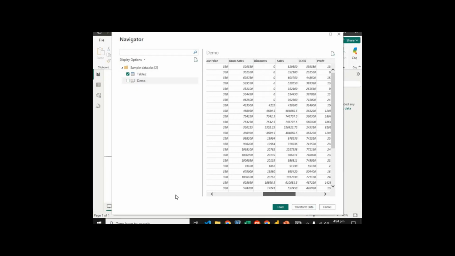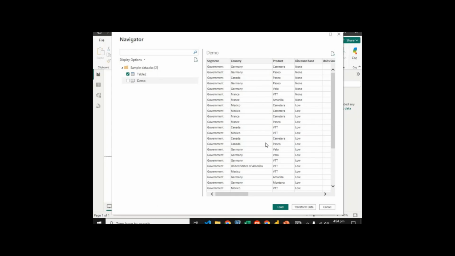Okay, let's just work with one of the data sets. Once you are able to mark the data set, the table you want to use, come down and you see the options Load, Transform and Cancel. For this chapter, we are looking at how to load this data set into our Power BI platform. We are not going to transform now, but there's a section where we will look at data transformation. After you have viewed your data and everything is okay,